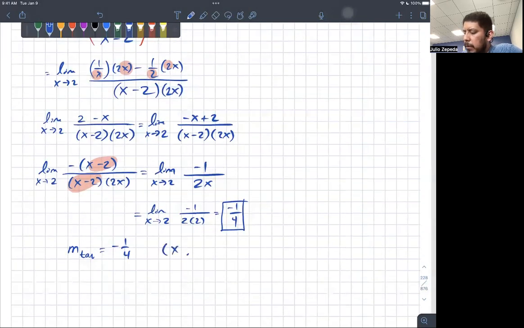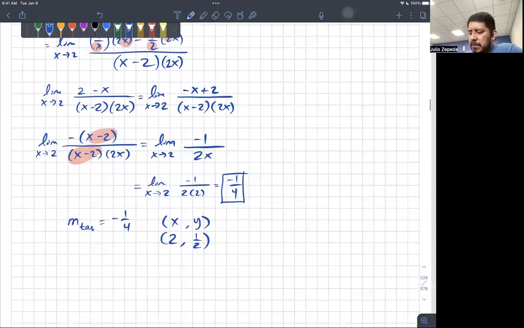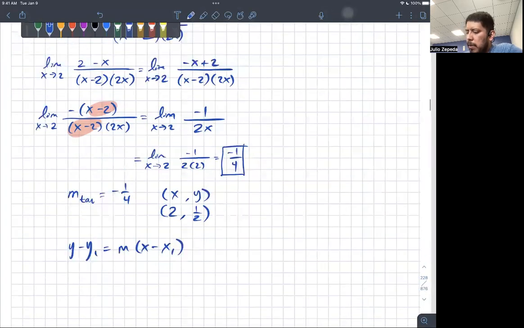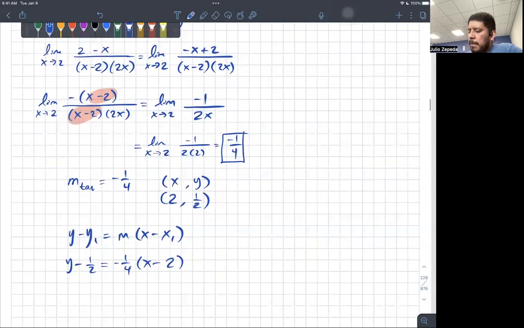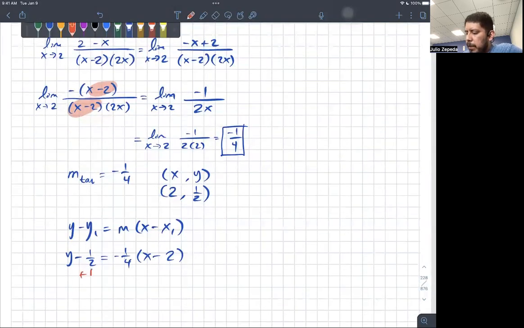Our x value was 2, the one that was given. The y value for that, when we plugged in that 2, we got 1/2. And so let's just find it. Using the point slope form, we get y minus y1 is equal to m times x minus x1. And so adding the 1/2 to the other side, and then distributing,